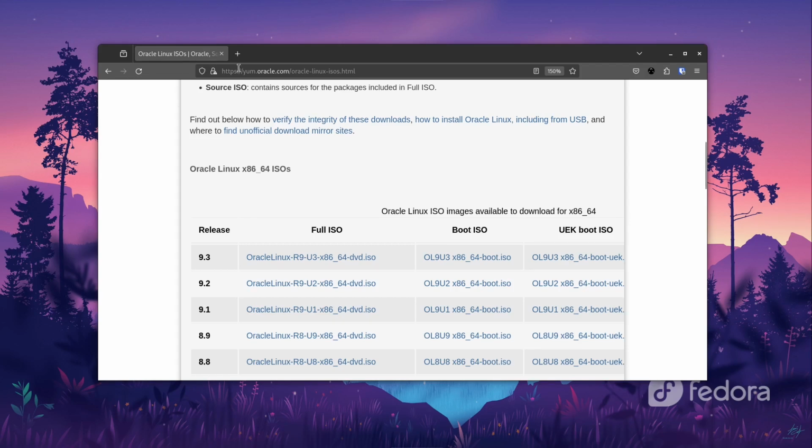So this link, I will put it under the video in the description box if you can find it there. So you can download the latest release ISO image. I prefer to have the full ISO image and click here. The download will proceed, but for me, I have it already. So you need to have it to be able to create the VM or the virtual machine with Oracle Linux